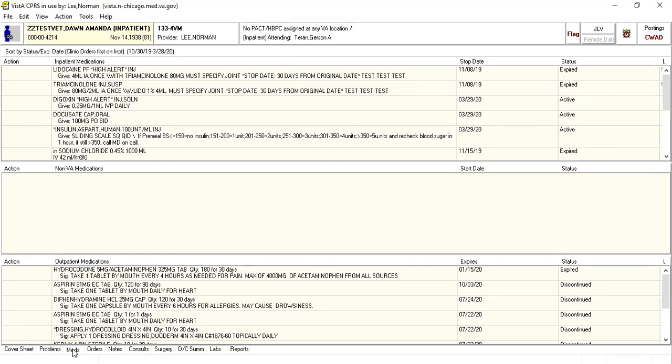Okay. So from this, you notice that the inpatient medications are up on top now. Those are the primary medications. Outpatient meds are at the bottom. Non-VA meds remain in the middle here. From the provider's perspective, whether the inpatient or the outpatient meds are on top, they can order